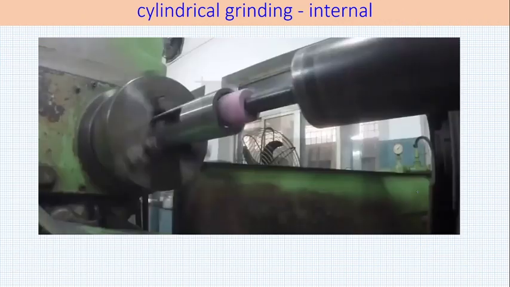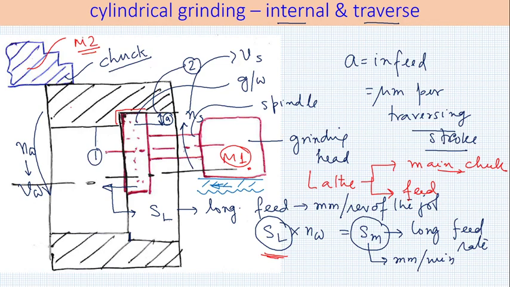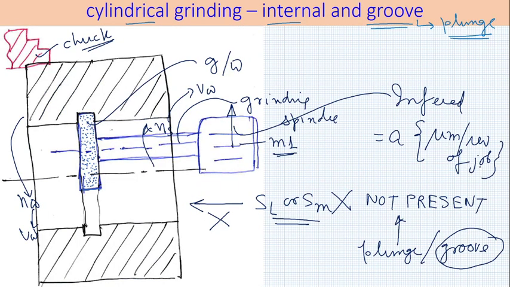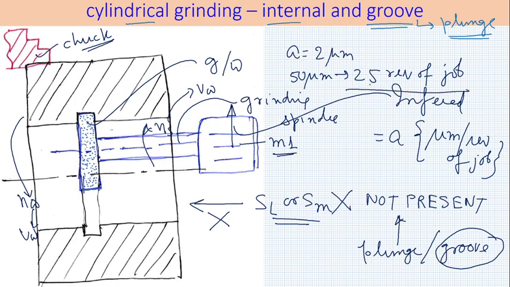If I go back, here it was millimeter per revolution of the job, and this was millimeter per traversing stroke, micron per traversing stroke. Here there is no traversing stroke, it is micron per revolution of the job. Say for example, if A is 2 micron and total material to be removed is 50 micron, then 25 revolutions of the job would be required. After that and before that, something else will happen, that we will explain later on. But if someone doesn't understand that, he will say it would require 25 revolutions of the job, and if he knows NW, he would be able to estimate the time as well.